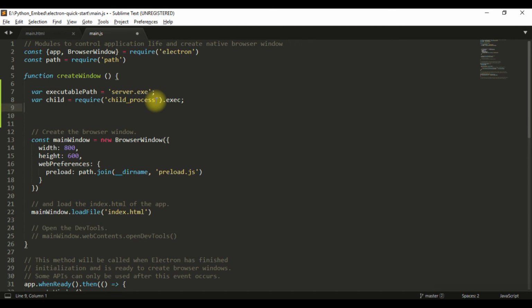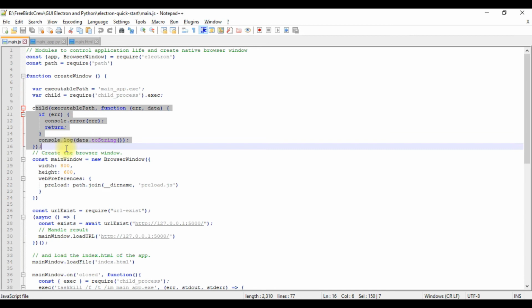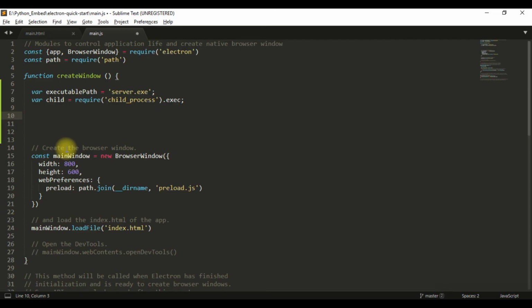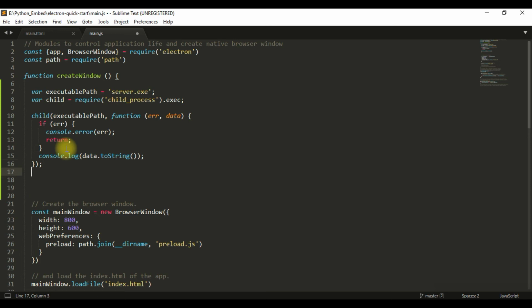And now we can just copy this method. That method is our child method that can check whether our child process for that server.exe application is running correctly or giving an error. So we can check with that.